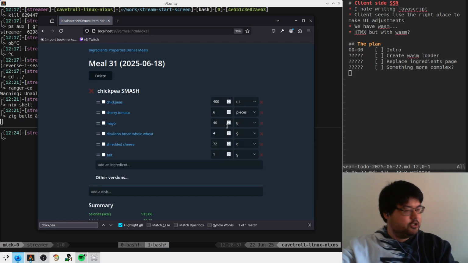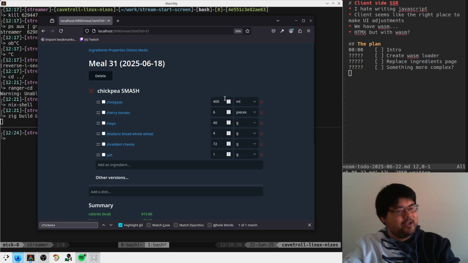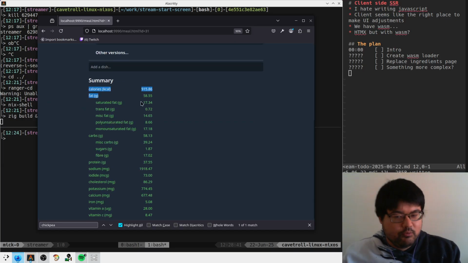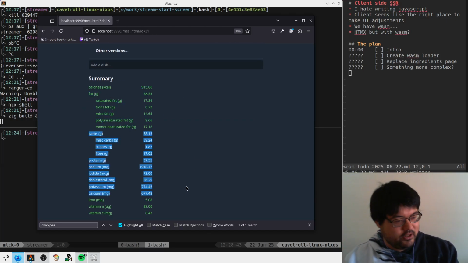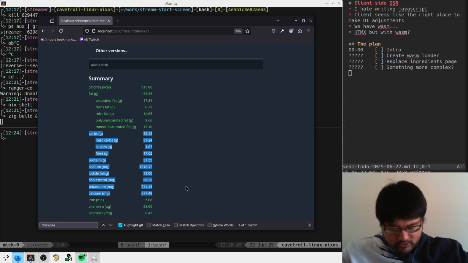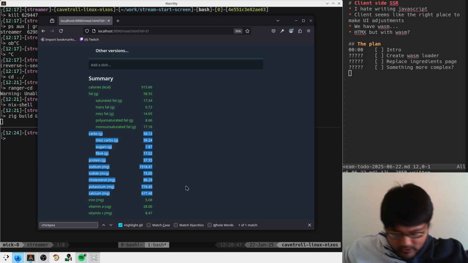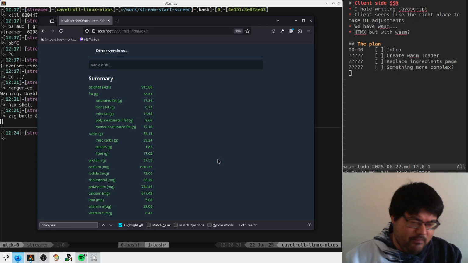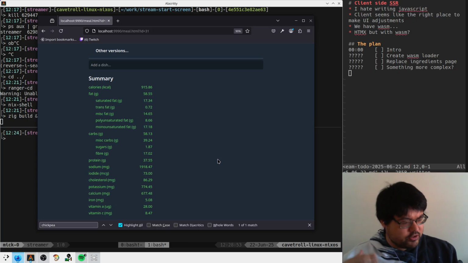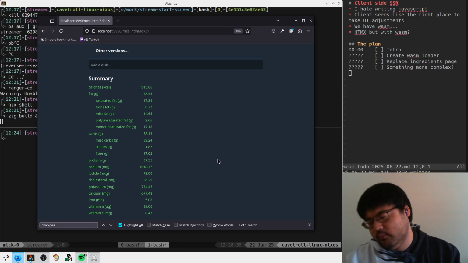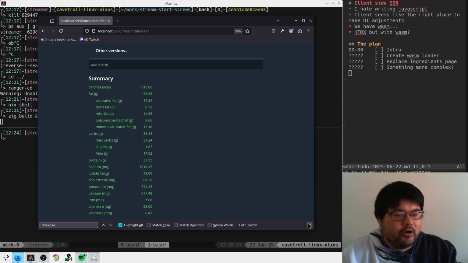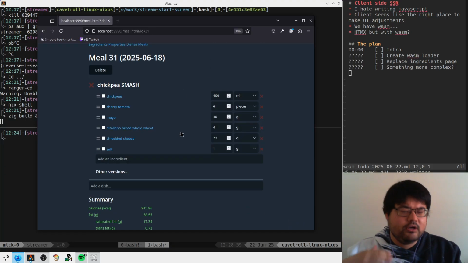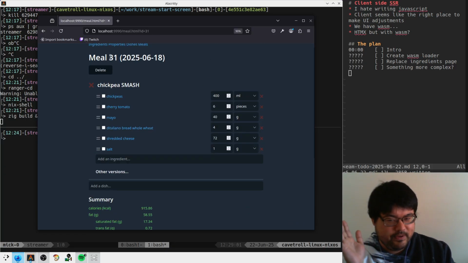And when we make chickpea smash, we measure out all of these ingredients and we get stats about these things that we can use to make decisions about, am I getting scurvy? Have I eaten like 4 days of food today, all that type of stuff. Maybe we can also track ingredients over time and generate shopping lists, whatever, right? That's not really important. What is important here is that there's a lot of dynamic content on these pages,